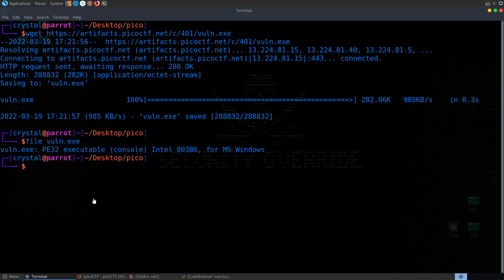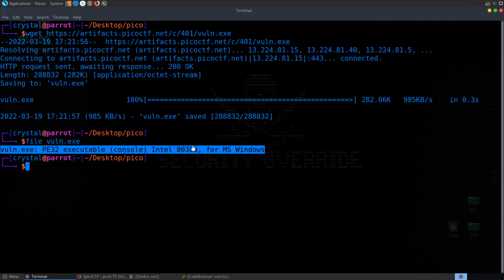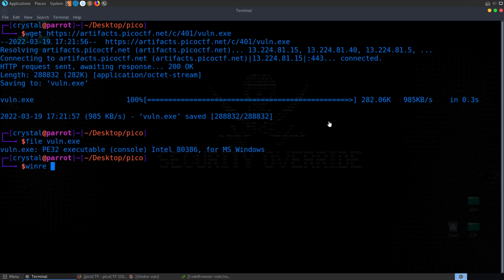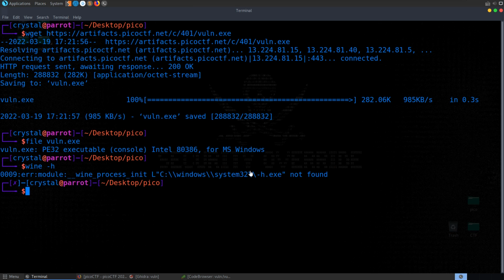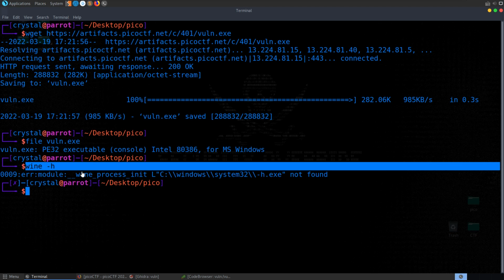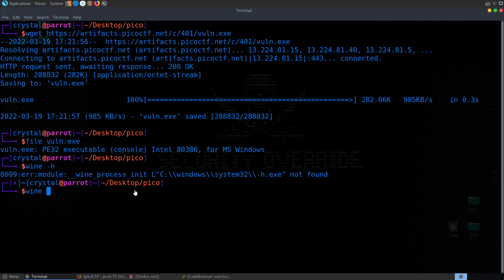File vuln.exe, it's a 32-bit Windows executable. So it mentions Wine there. Wine is something that you can use on Linux to emulate Windows binaries. I was trying to bring up the help menu there. I do have Wine. Let me just see. Let's do wine